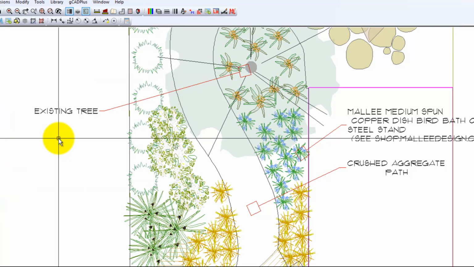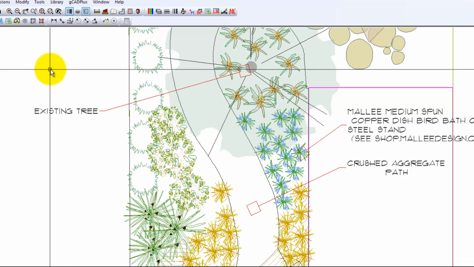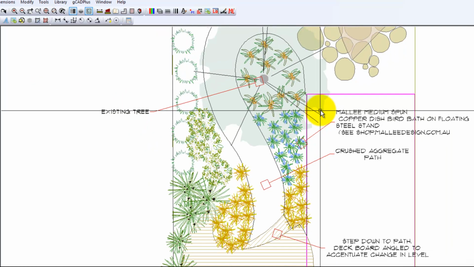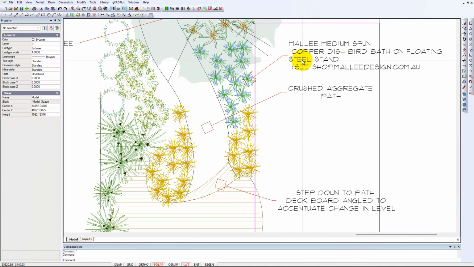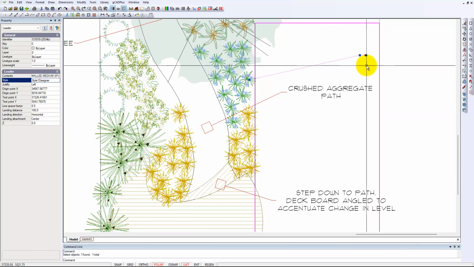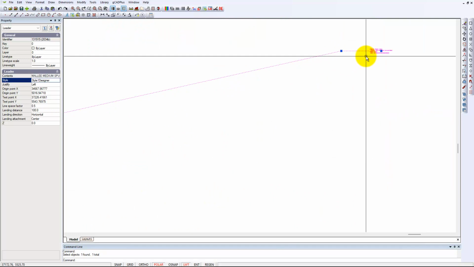Add designer there, and if we now change this label here away from a style called standard to a style called designer, you see our text is very small,